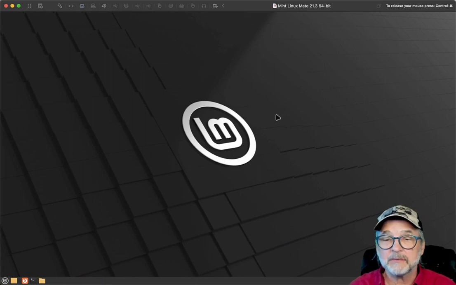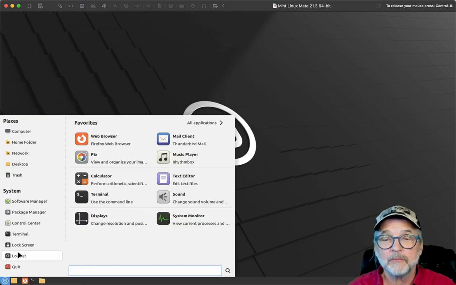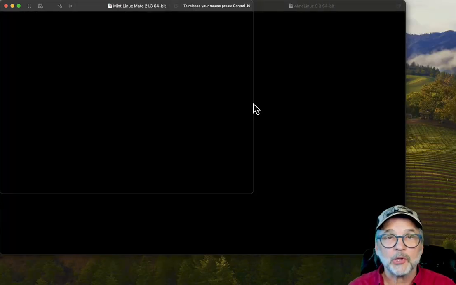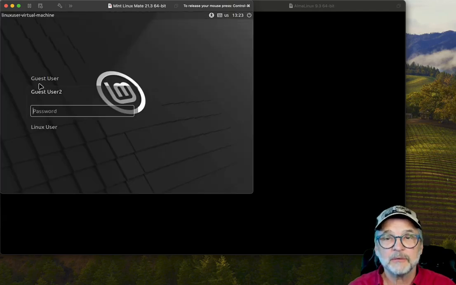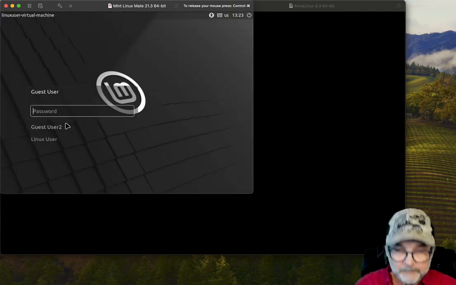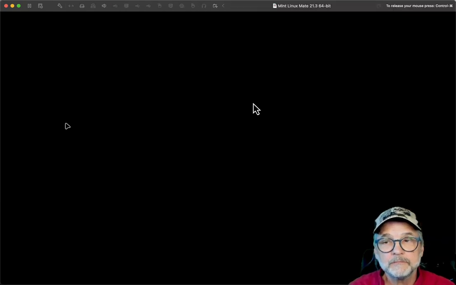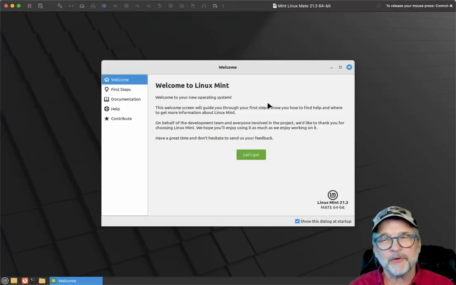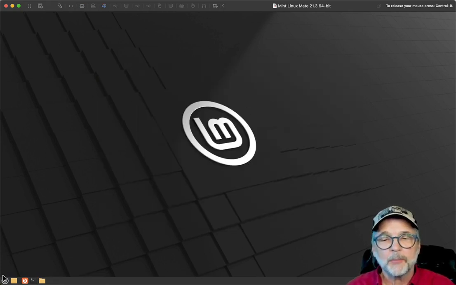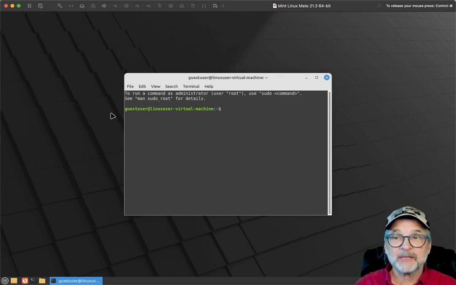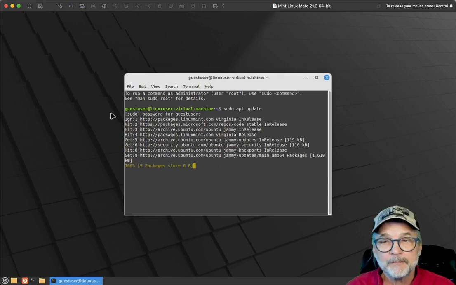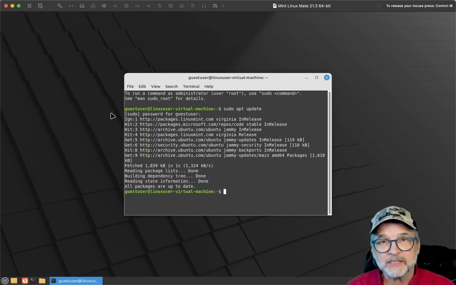So I'm going to exit. I'm going to log off. I'm going to log back in as guest user. And this is really the preferred way to do that: add the user to the appropriate group within the sudoers file. And I want to see, do I still have access? Sudo apt update. I certainly do. I still have access to those features to be able to do sudo